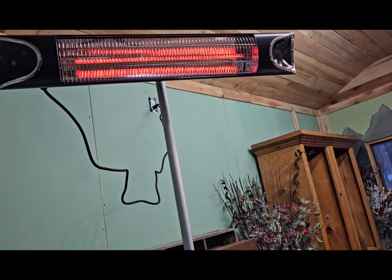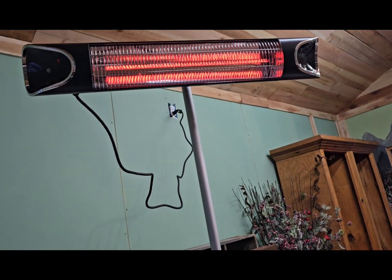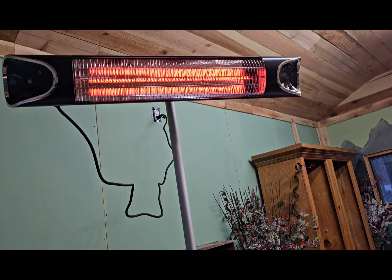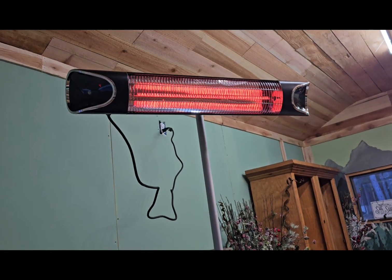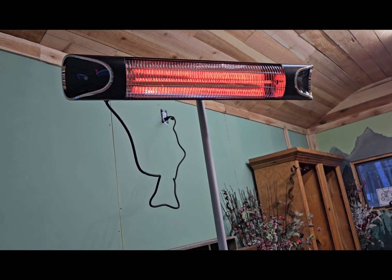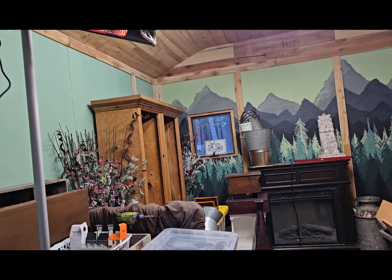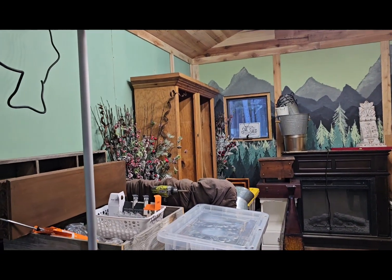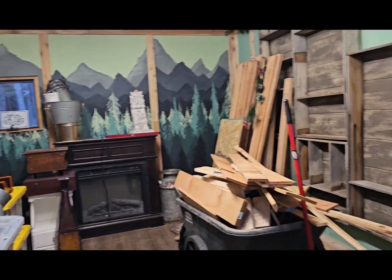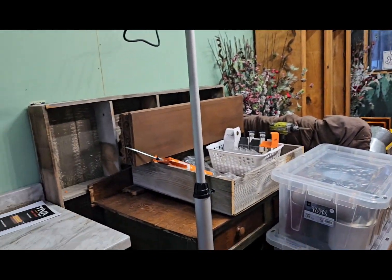Okay, the nice thing about this is it has a remote. So I don't have to come all the way out here to turn it on and start heating things up. I'm not in the mood to start organizing tonight, but I wanted to bring everything out here because it's supposed to snow tonight. And I don't want to have to carry things in the snow. So if everything's already in here,